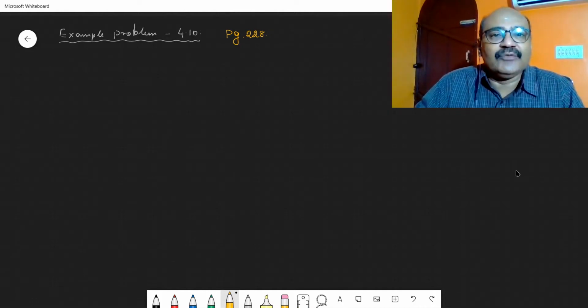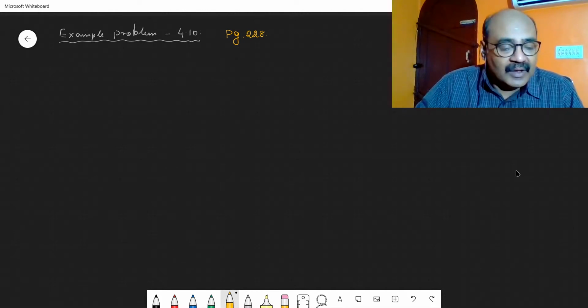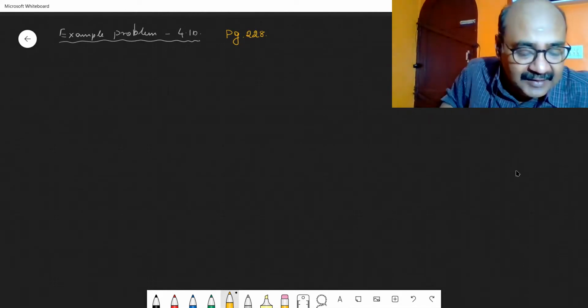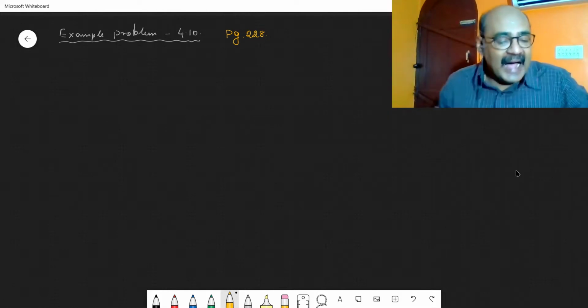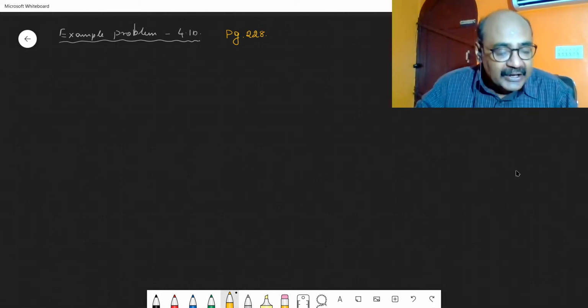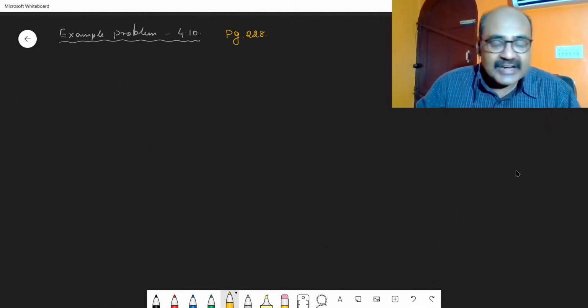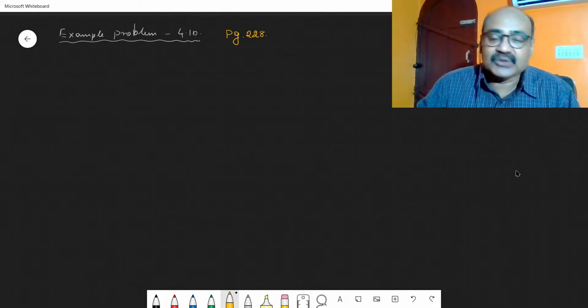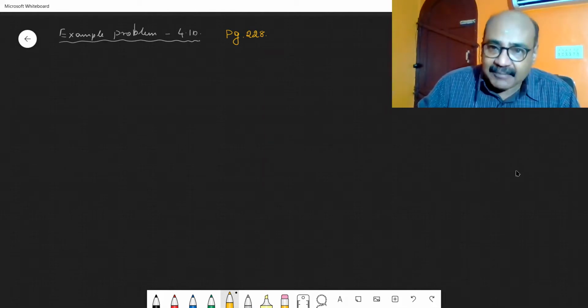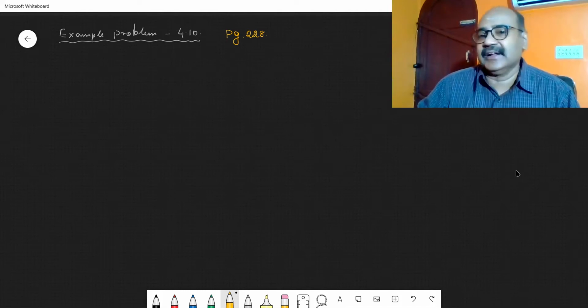A solenoid of 500 turns is wound on an iron core having a relative permeability of 800. The length and the radius of the solenoid are 40 centimeter and 3 centimeter respectively. Calculate the average EMF induced in the solenoid if the current in it changes from 0 to 3 ampere in a time of 0.4 seconds.